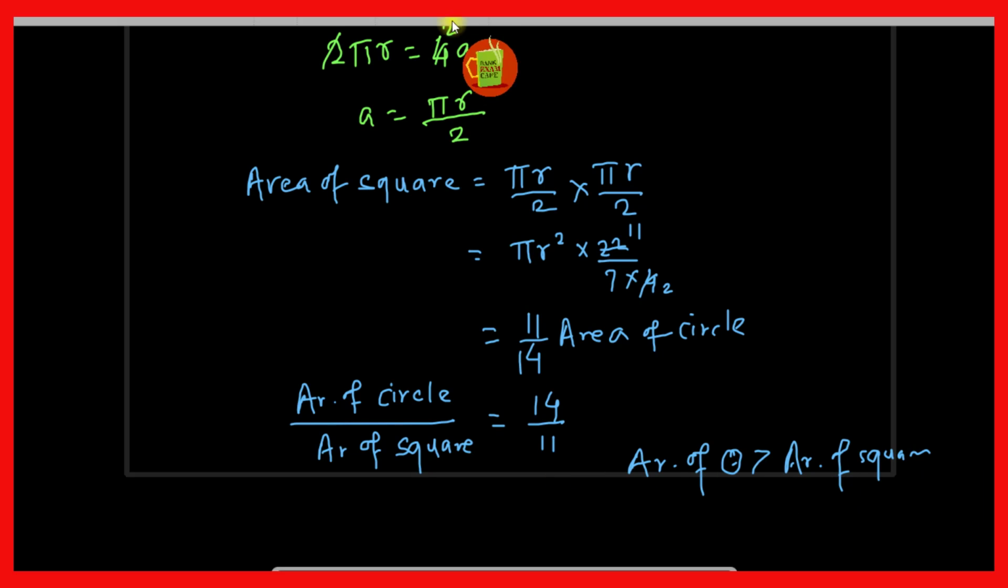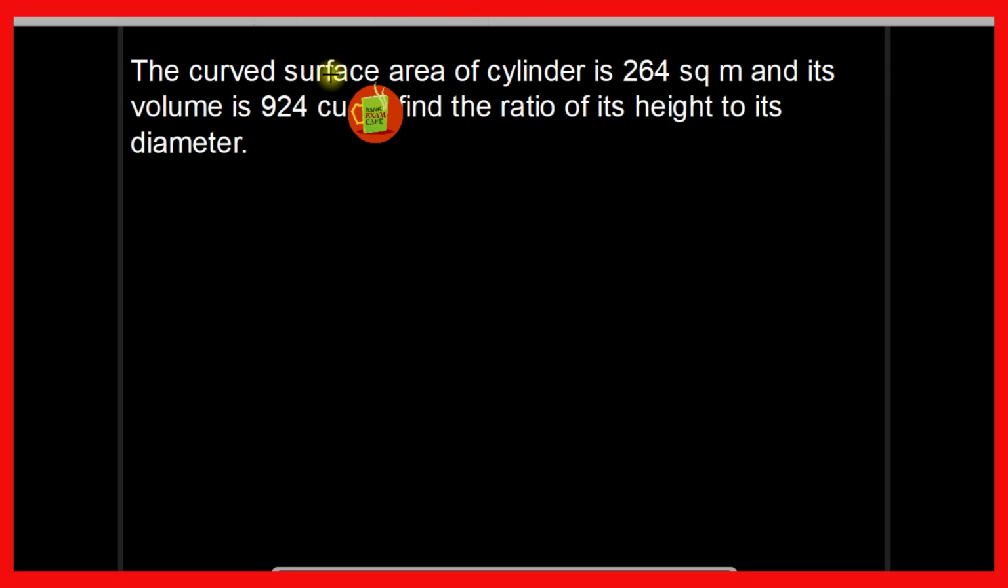Now let us move to the next question. The next question is: the curved surface area of a cylinder is 264 square meter and its volume is 924 cubic meter. Find the ratio of its height to the diameter. Friends, it is given that the curved surface area of a cylinder is this and its volume is this much. So we will take the ratio of the curved surface area